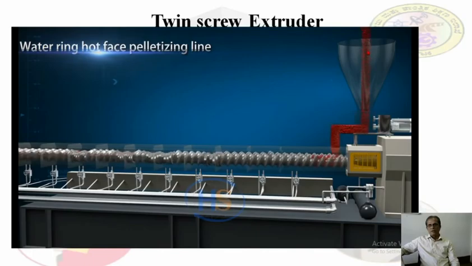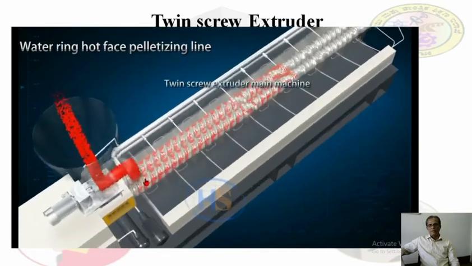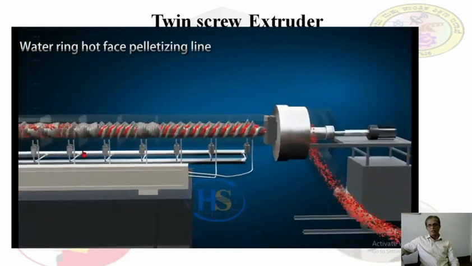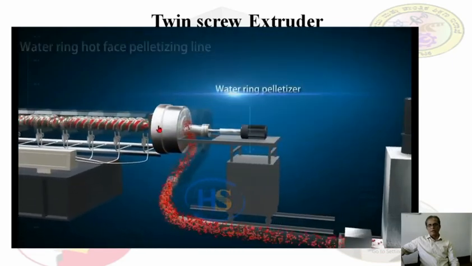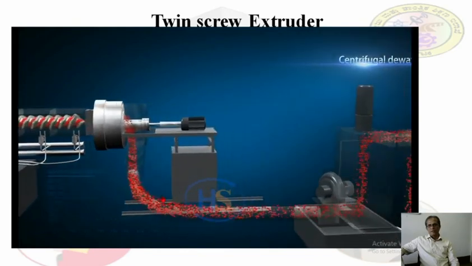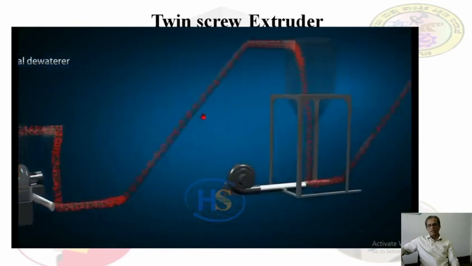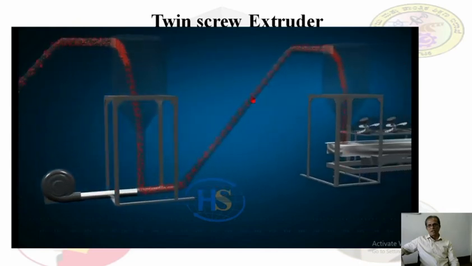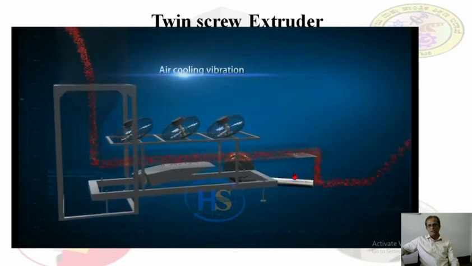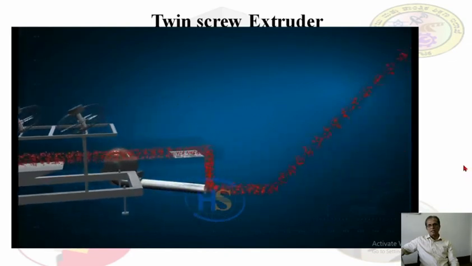See, the material which we are going to charge here from the hopper will be falling onto the screw, and when the screw rotates, the material is going to move in the barrel through the die. It comes out and flows further. That is the central drawer, from which it comes here for drying. Then it is cooled and dried, and air cooling takes place. Then it is taken out.